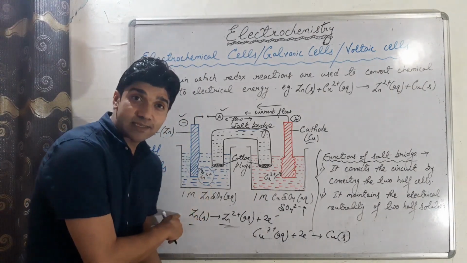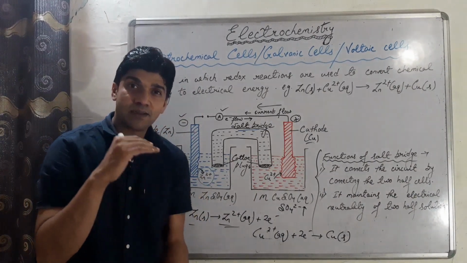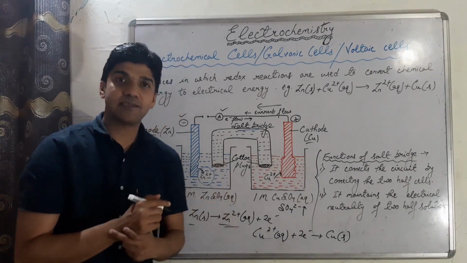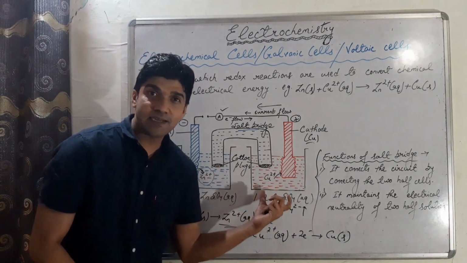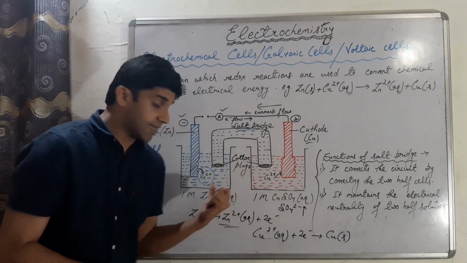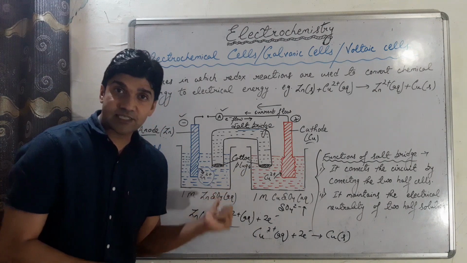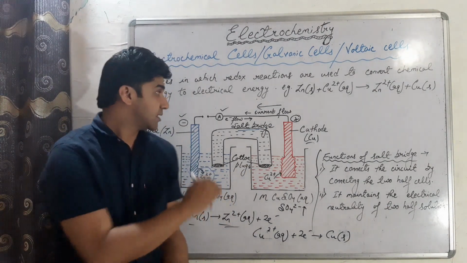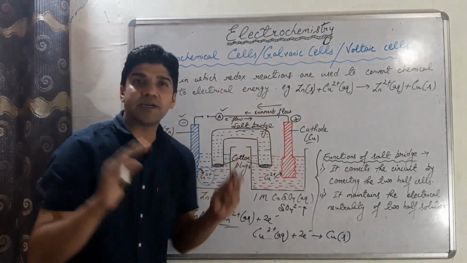So in this case, the positive charge increases in this half cell, and in this half cell, negative charge increases. So with the increase in the positive charge in this half cell, subsequently the flow of electron decreases,